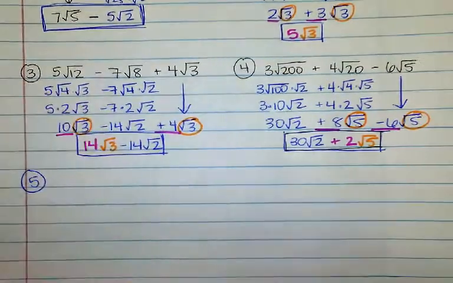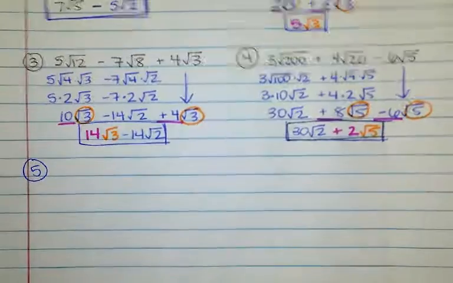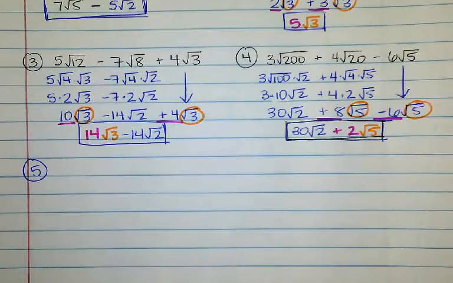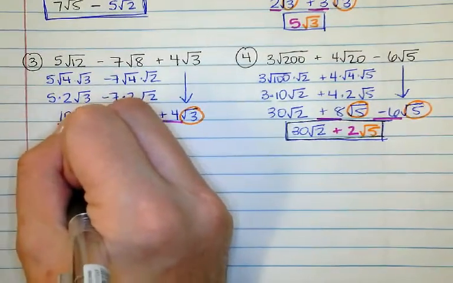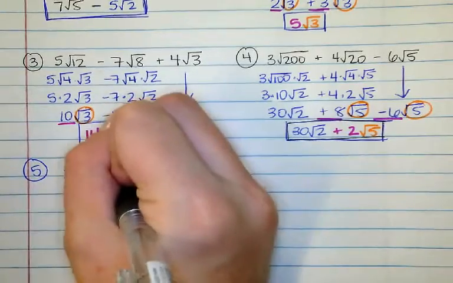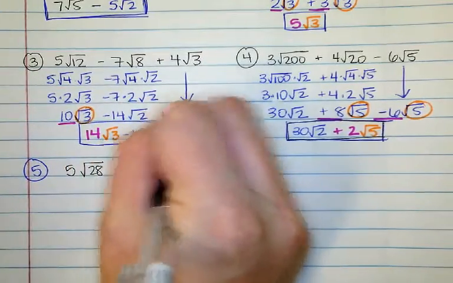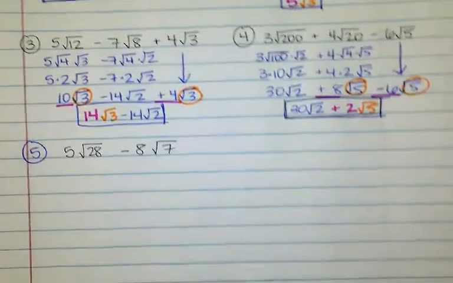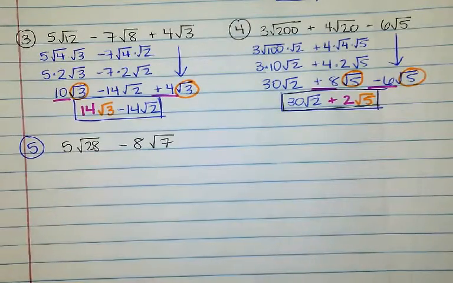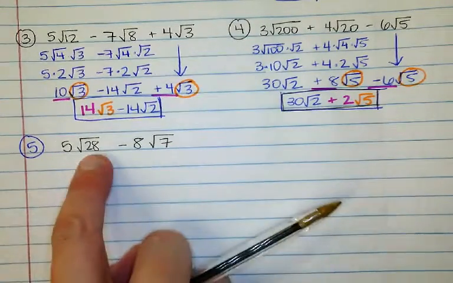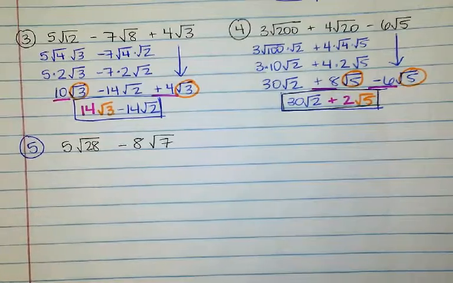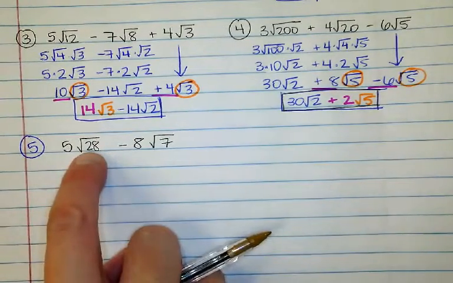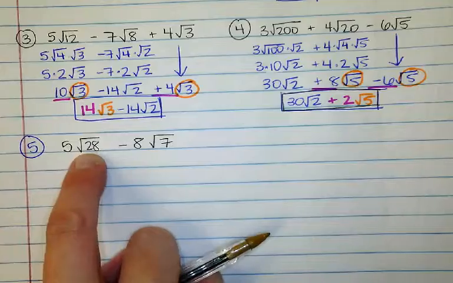All right, so number 5, I'm just going to list out as 5 radical 28 minus 8 radical 7. So, do we need to simplify radical 28? How can we simplify it? What's the largest perfect square factor of 28, y'all? 4. So that's 5 times radical 4 times radical 7